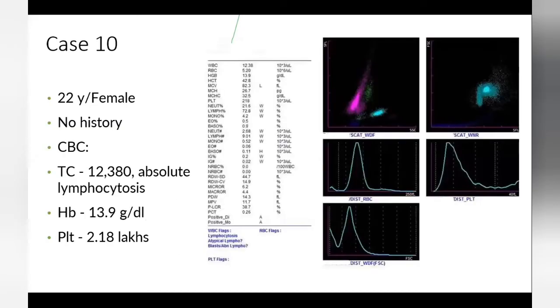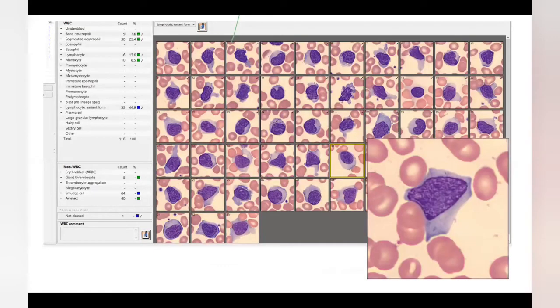This is another case where there is a mild abnormality on the scatter plot, a young female. There's no reason to believe that something, with this mild leukocytosis, one would think that it could be of viral or a bacterial infection. And we have a normal hemoglobin and platelet. Most of these cells over here